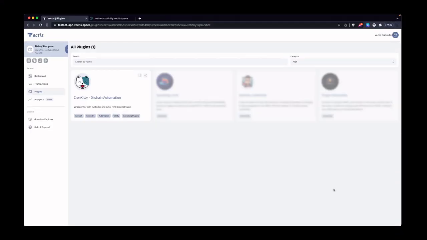Welcome back. So now we have the plugins and the browser extension. We get into really the very exciting part of this release, which is showing you how plugins could actually work with smart contract wallets, particularly how it works with the Vectis accounts. So now we have installed the Cronkitty plugin. Again, it's a wrapper around Croncat, and please do check them out and read the docs to understand more on